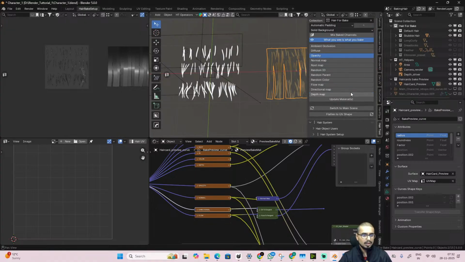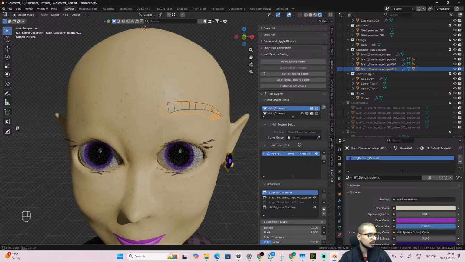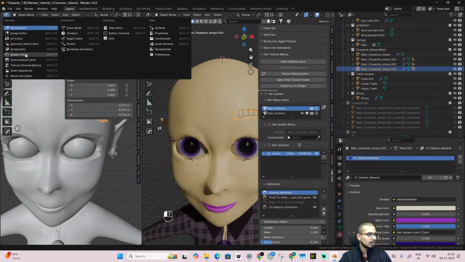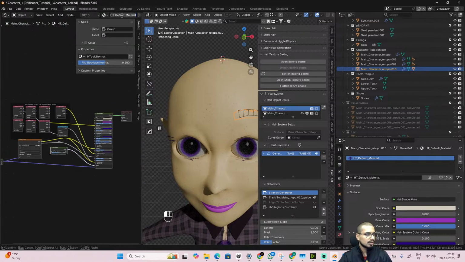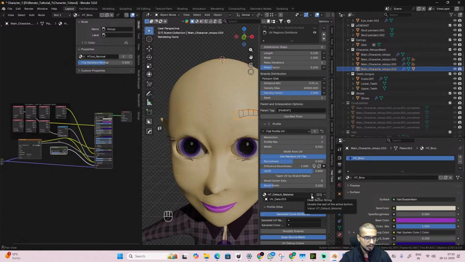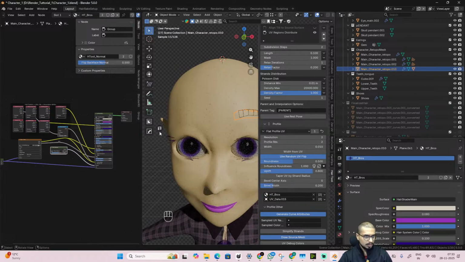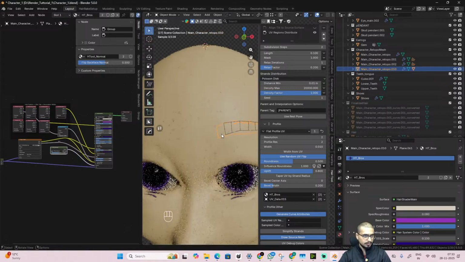Now we'll go back to our main scene, switch to main scene. We'll divide our scenes into two halves, add a shader editor, and I'll duplicate the main texture first, and then change the name to brows so that it's easy to find. And we might have to change the texture everywhere, like HD brows over here, and